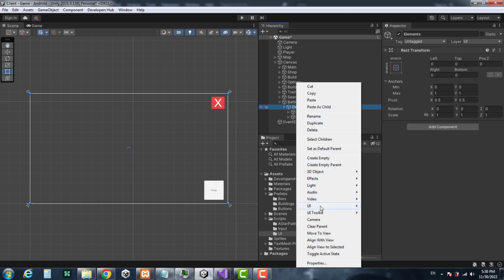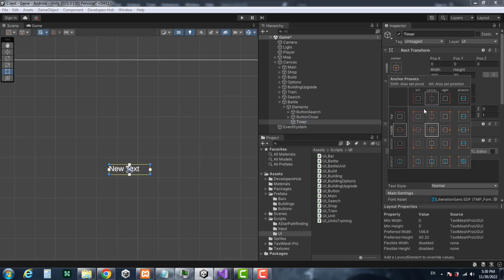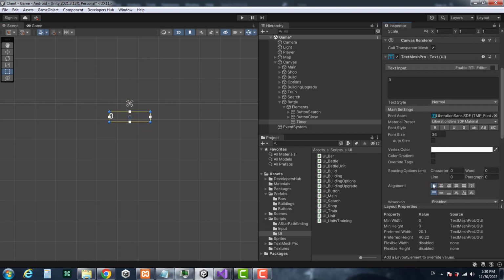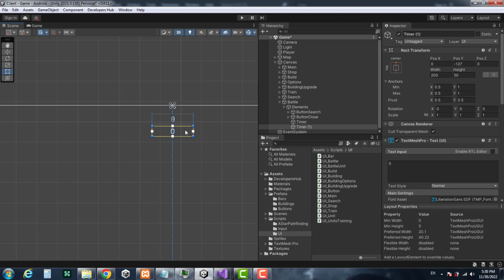And now let's create the text. Here's our text, and this is going to be timer. I'm just gonna anchor it to up there, and let's see if we bring it here. Let's put 0, align it to the center, and I'm gonna duplicate that. This is going to be percentage,